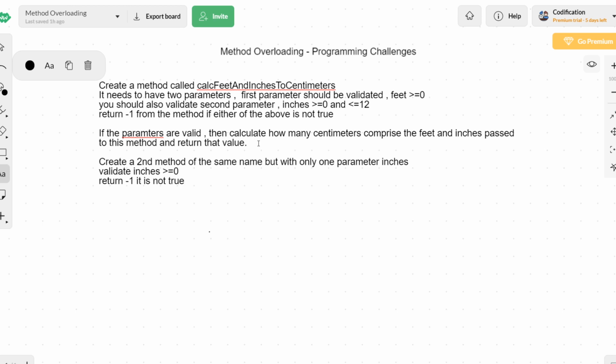But if it is valid, then convert the provided inches. So convert inches to centimeter. Convert inches to feet and inches.